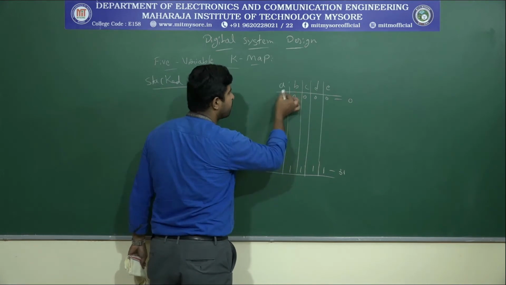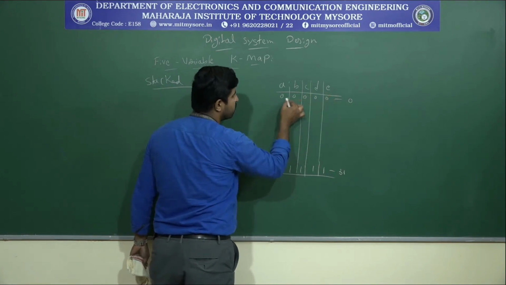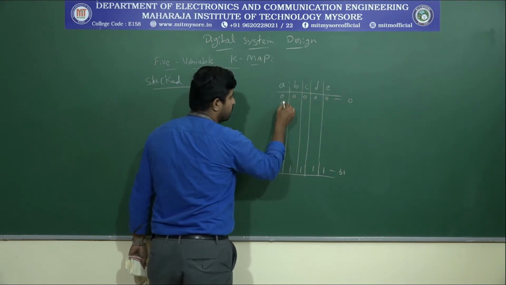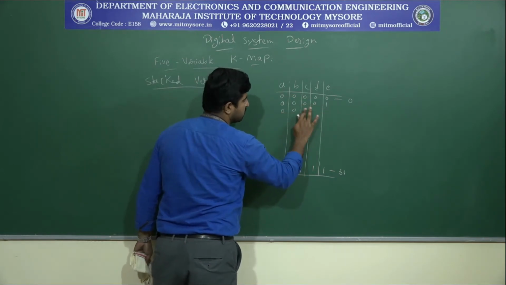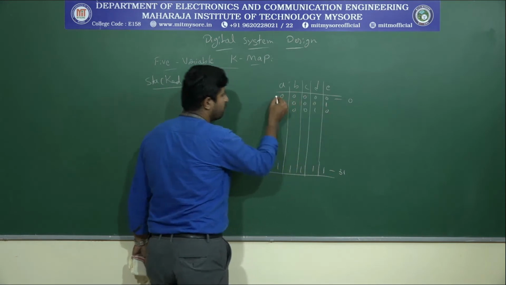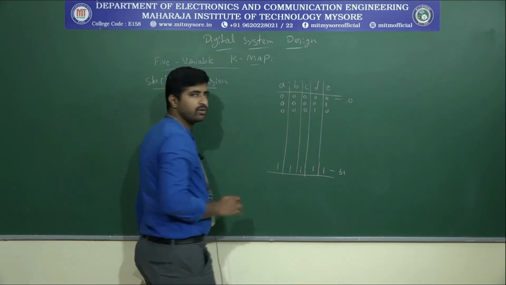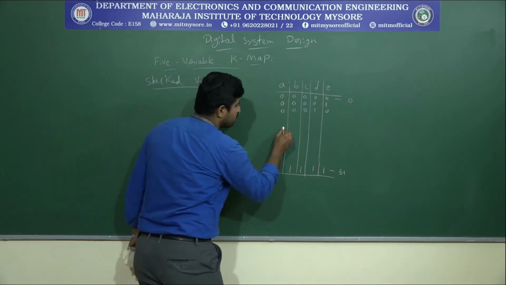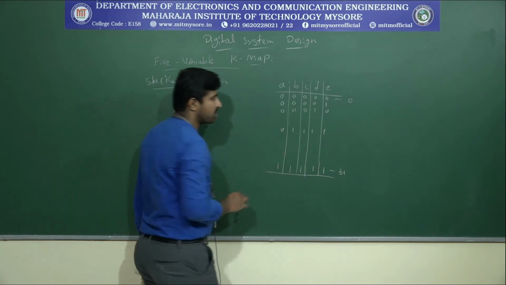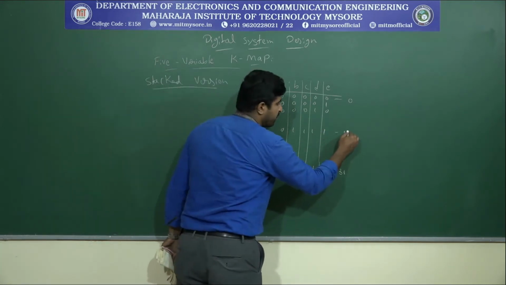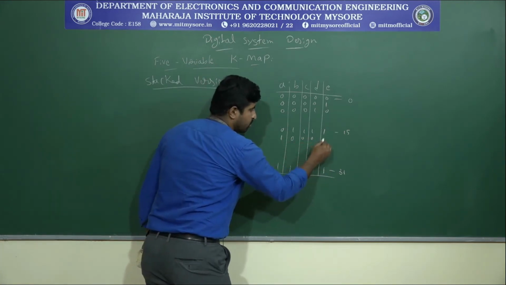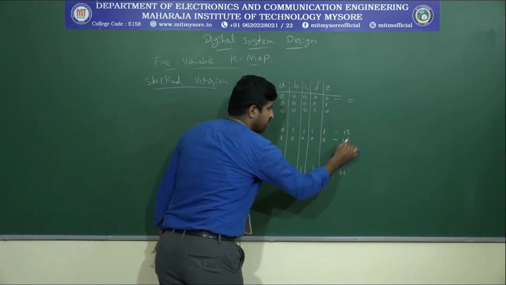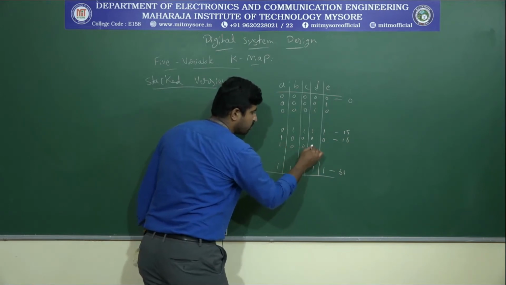See, if we look, the BCD values are going to change. That means 0 0 0, 0 0 1, sorry, 0 1 0, like this 0, 1, 2, up to 15. Okay, that means 0 1 1 1 1. So this corresponds to 15, right? And next the 16 value, 1 0 0 0 0. This corresponds to 16. Next 1 0 0 0 1.